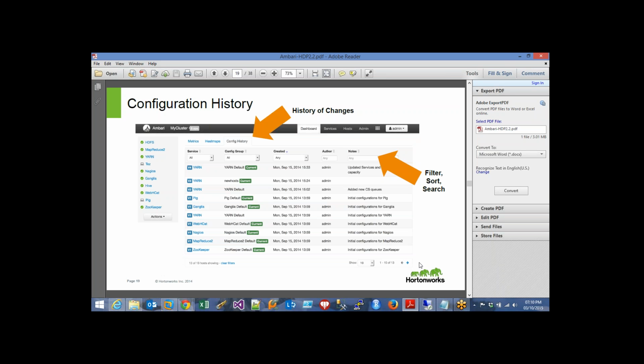And also you'll be able to see the history for those changes. Suppose we have just made a change for the corresponding services, and in the next minute, after making the changes, we want to revert them. We can already see the history for the changes in this config history tab. So that is the latest enhancement in